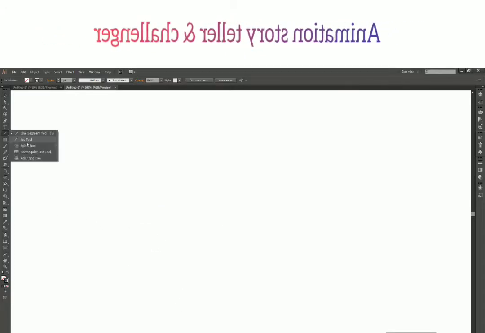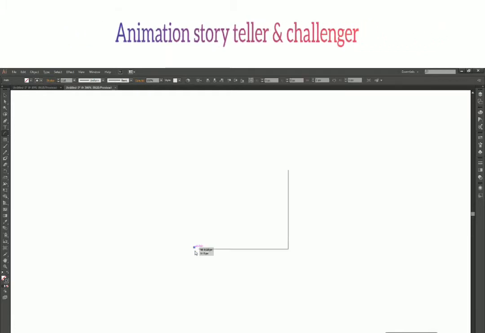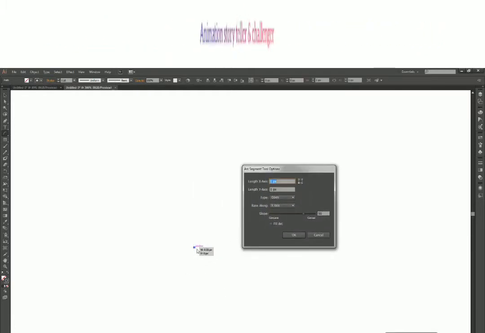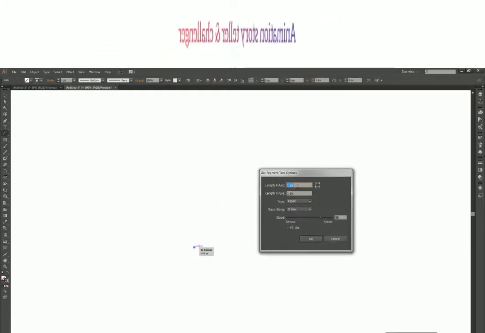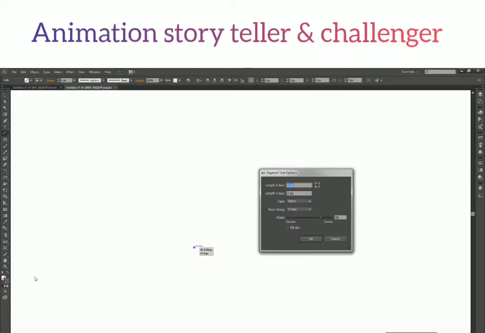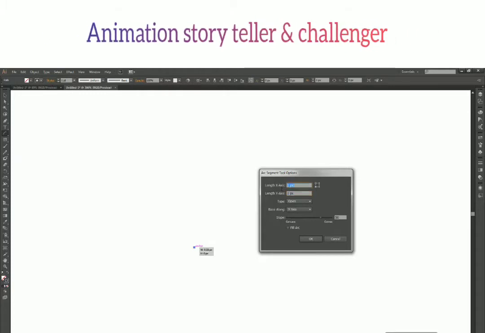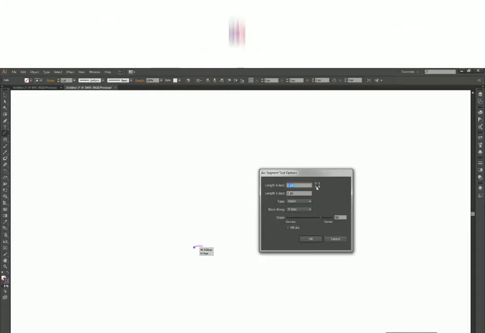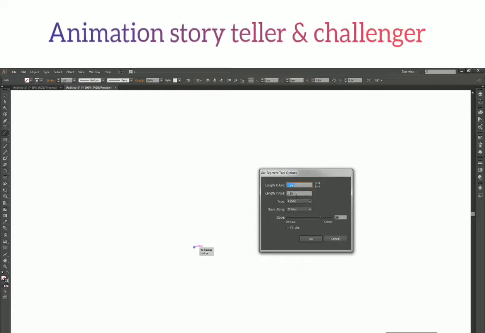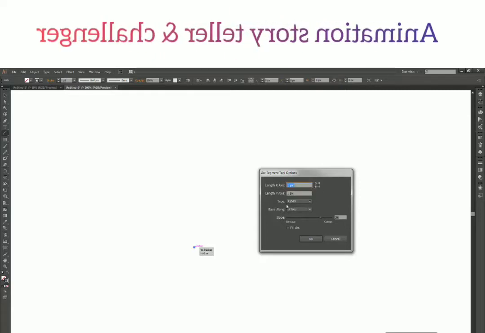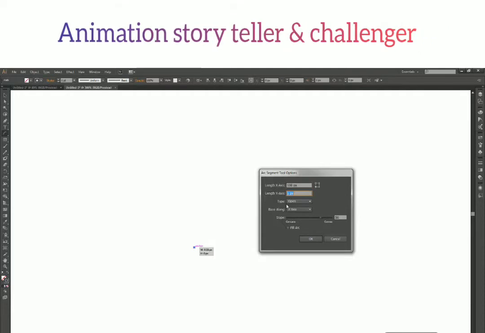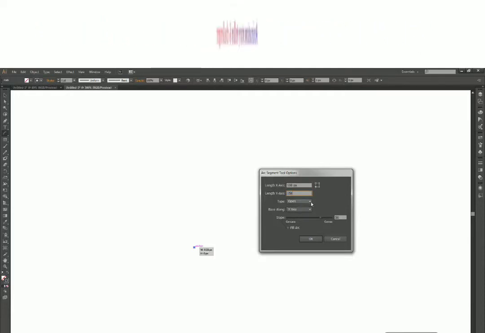The same thing applies to the arc tool. When you double click, it defines the point from where it will start, and then you can define the length of the x-axis and the y-axis, and you can decide the reference point from where you want to start. So define 100 pixels for the x-axis and 150 pixels for the y-axis.